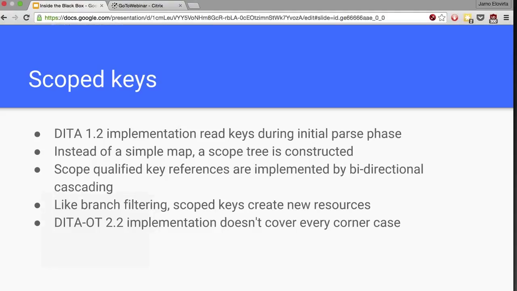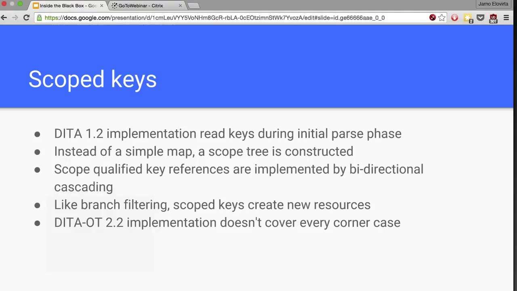Talking to the various TC members about how does it work. So implementing this was actually probably the most difficult thing in DITA 1.3 support. The original Open Toolkit design just read all the keys into a single map in the beginning of pre-processing, because you only had one scope, so it doesn't work anymore. So now you have to merge the map to have all the information easily available to the code, and then